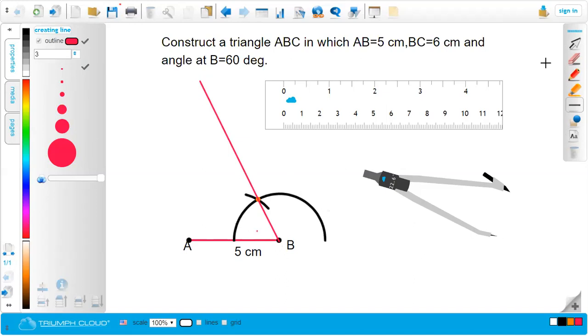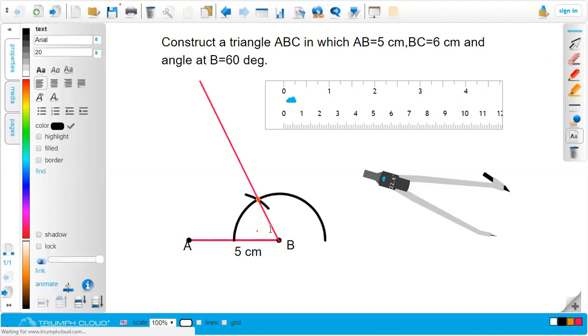This angle, let me write here. This angle between the two sides, AB and this side, is just 60 degrees. This is angle 60 degrees. One time cutting means 60 degree angle here. Let me edit it. Here an angle of 60 degrees. This is just 60 in the degree measurement.